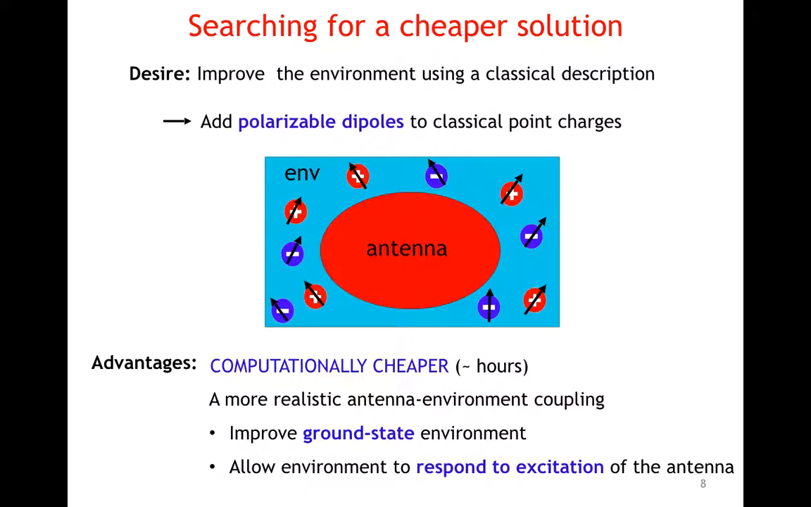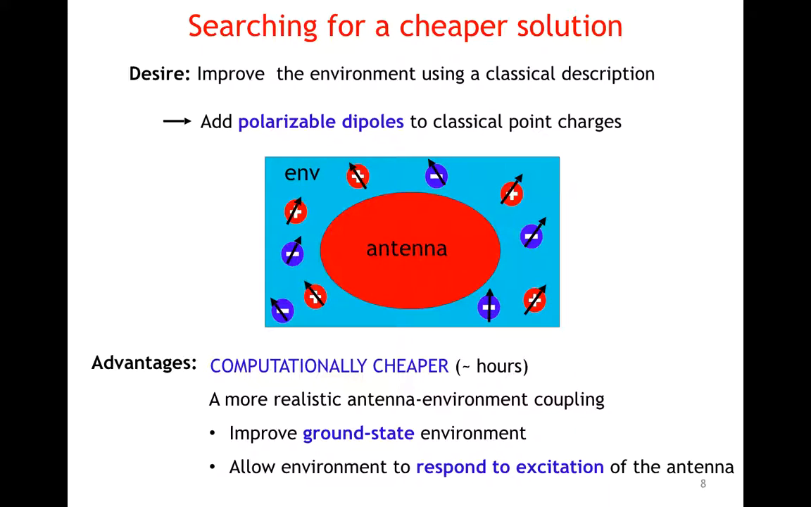and this will have several advantages. This way of modeling the environment is computationally much cheaper with respect to the use of an extended quantum region. The computational time of a typical calculation using polarizable dipoles is compatible with typical QMMM calculations, but at the same time it brings a more realistic description of the coupling between the chromophore and the environment, and this comes from 2 points. On one hand, we improve the description of the ground state with the use of the dipoles, and at the same time we